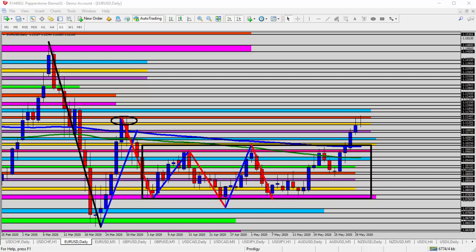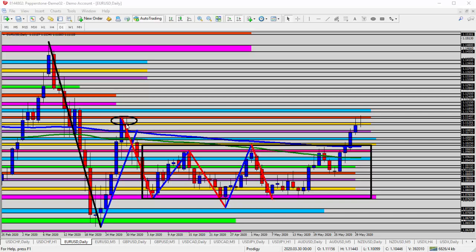Today we're looking at the EURUSD, the euro versus the US dollar, for today's trade analysis. Starting here on the daily time frame, the first thing I want to point out is going back to the left where the black circle is. The last time we were at this price level, right around the orange and yellow shaded area, the orange zone 1.1150, the yellow zone 1.1120,